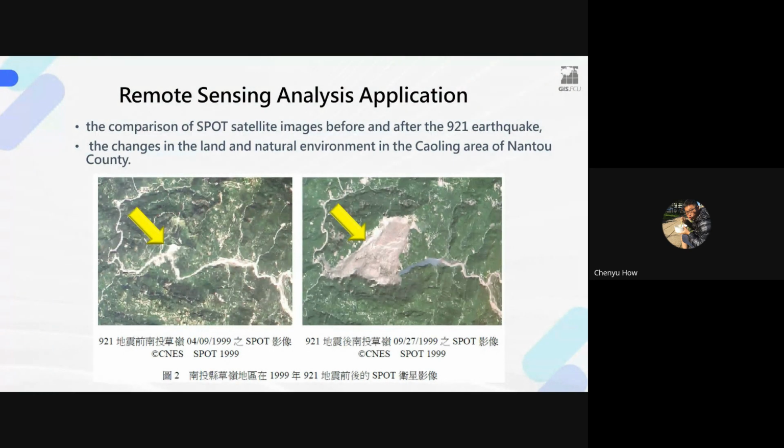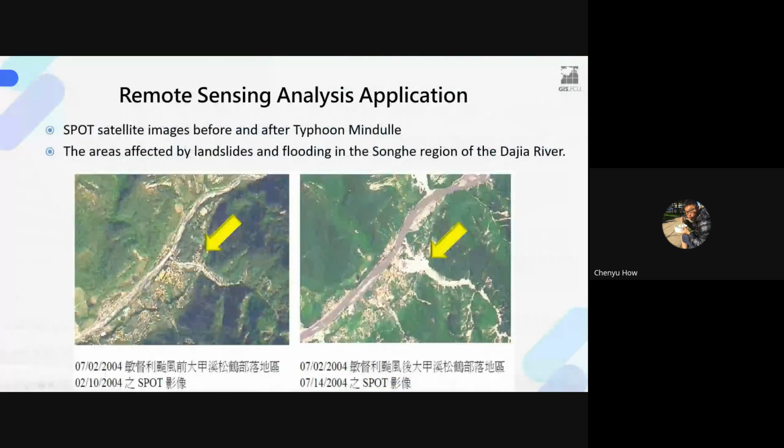And through visual inspection, we can intuitively observe extensive landslide occurrence in the region after the earthquake, right? In the right picture, and also the